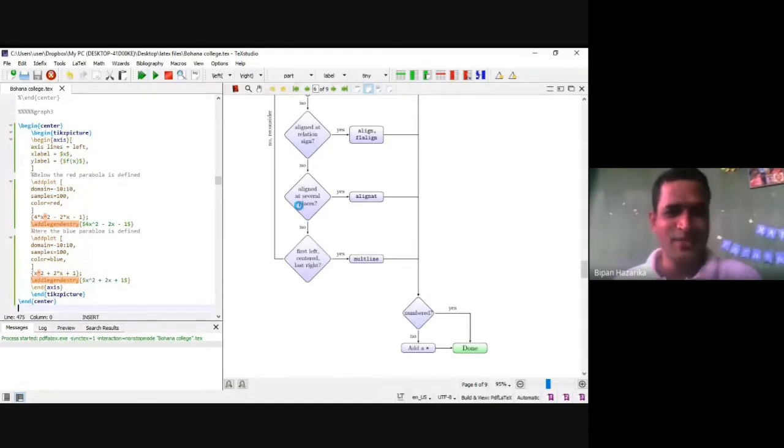Because these diagrams actually take more time if you run it. So different types of diagrams in the file, so it will take time.